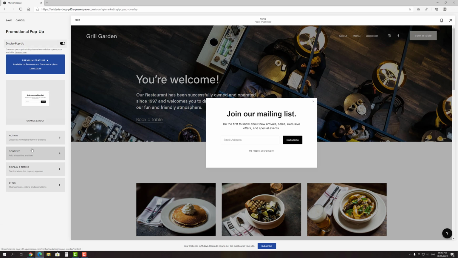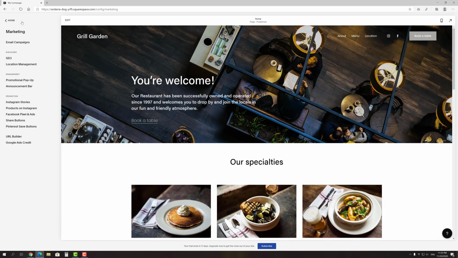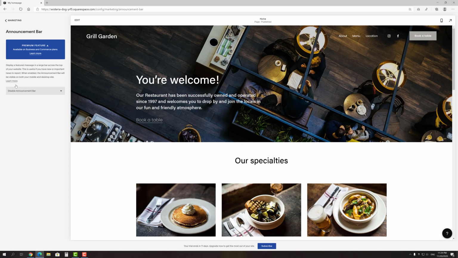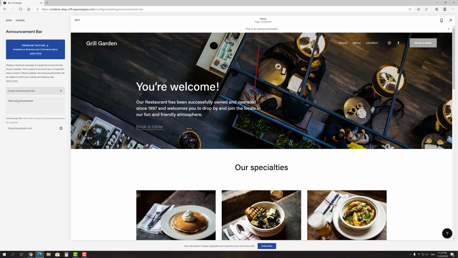Another useful feature that I want to tell you about is the announcement bar. You can use it to display a custom message at the top of your website pages. This is a great way to announce a sale, upcoming discounts, promotion or something else. You can turn on the announcement bar on the Marketing tab as well, and it's also available only on the paid plans. The announcement bar follows your general font and color selections for your site, but you can style it separately on the Design tab.